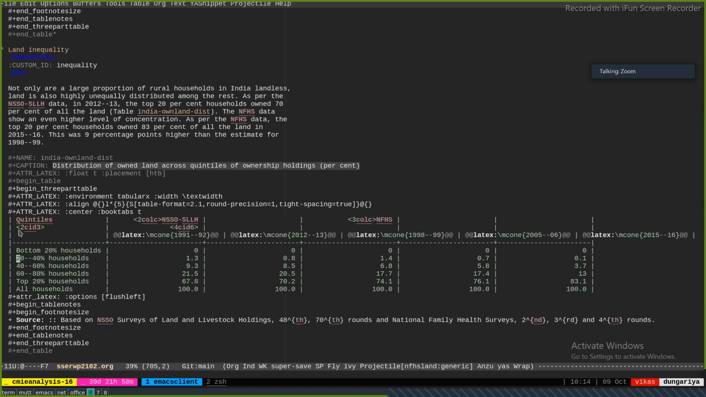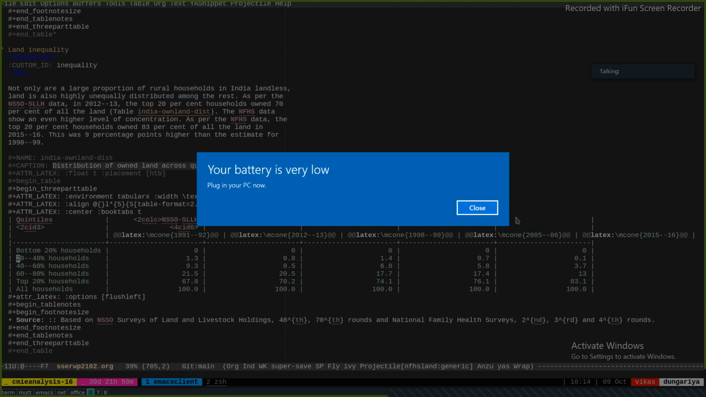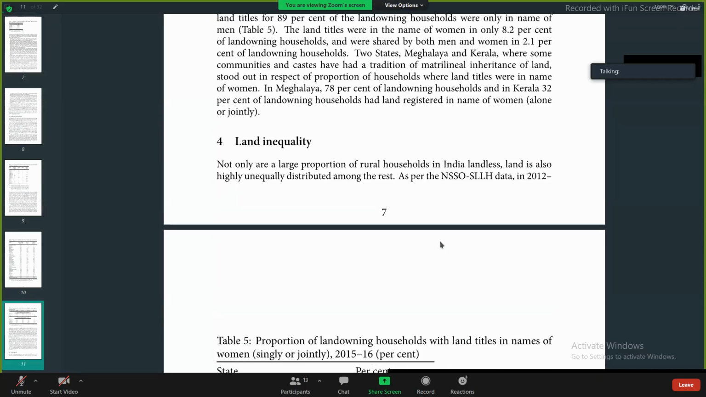This is saying draw a line at this place, below the first row, from second column to third column. And this is saying draw a horizontal line in the row below the first row from 4th to 6th column. Now let me show you. This is distribution of owned land across. Now it says